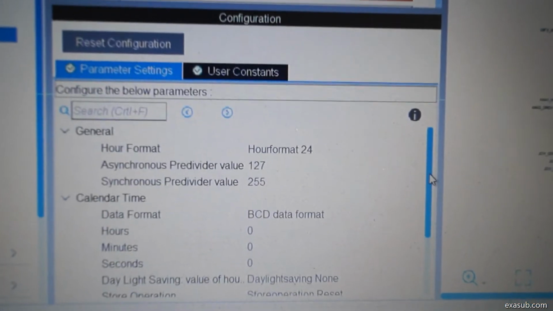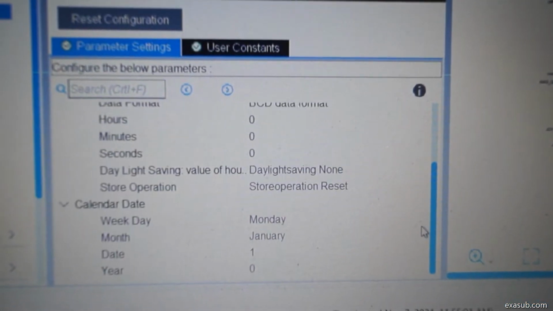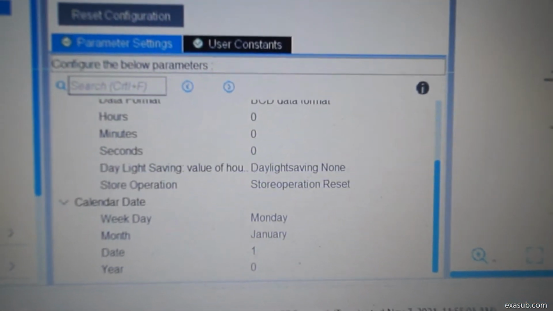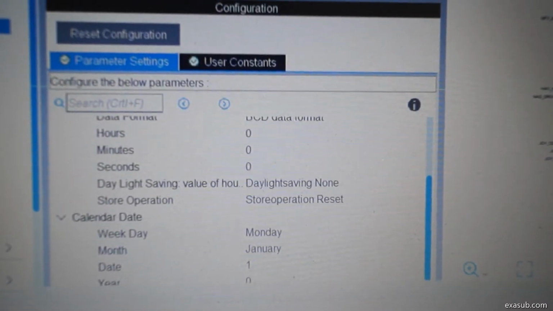In these I have not changed any options.